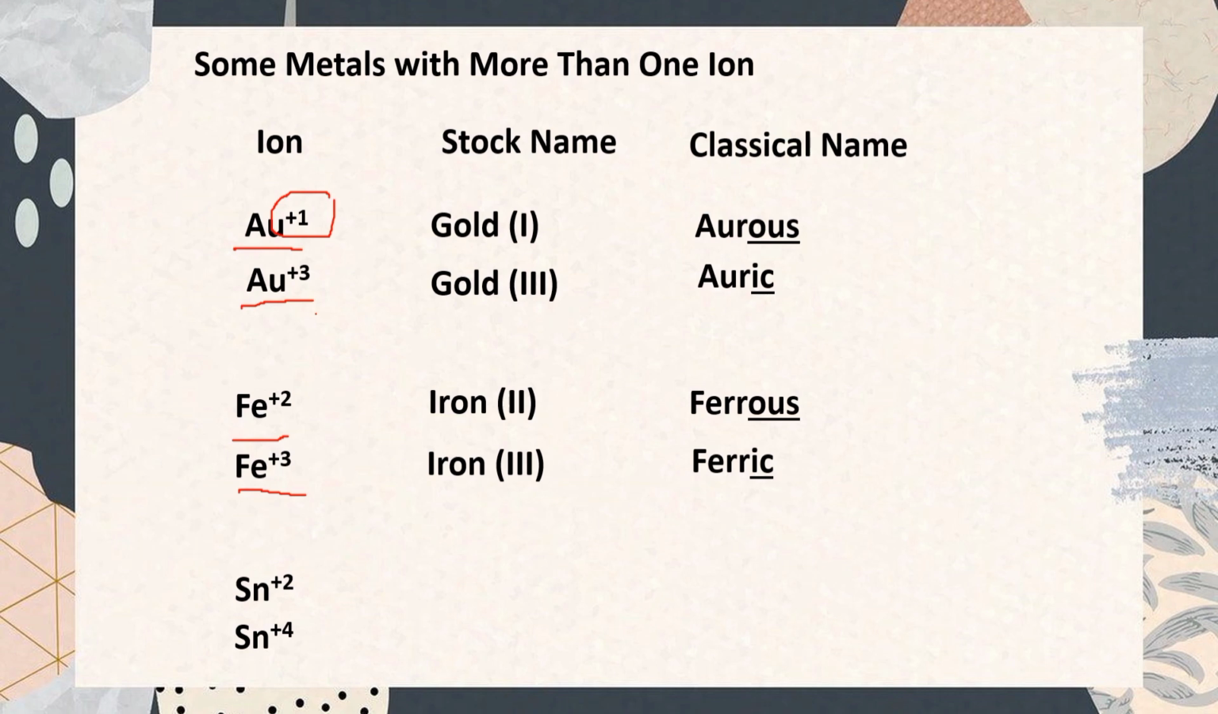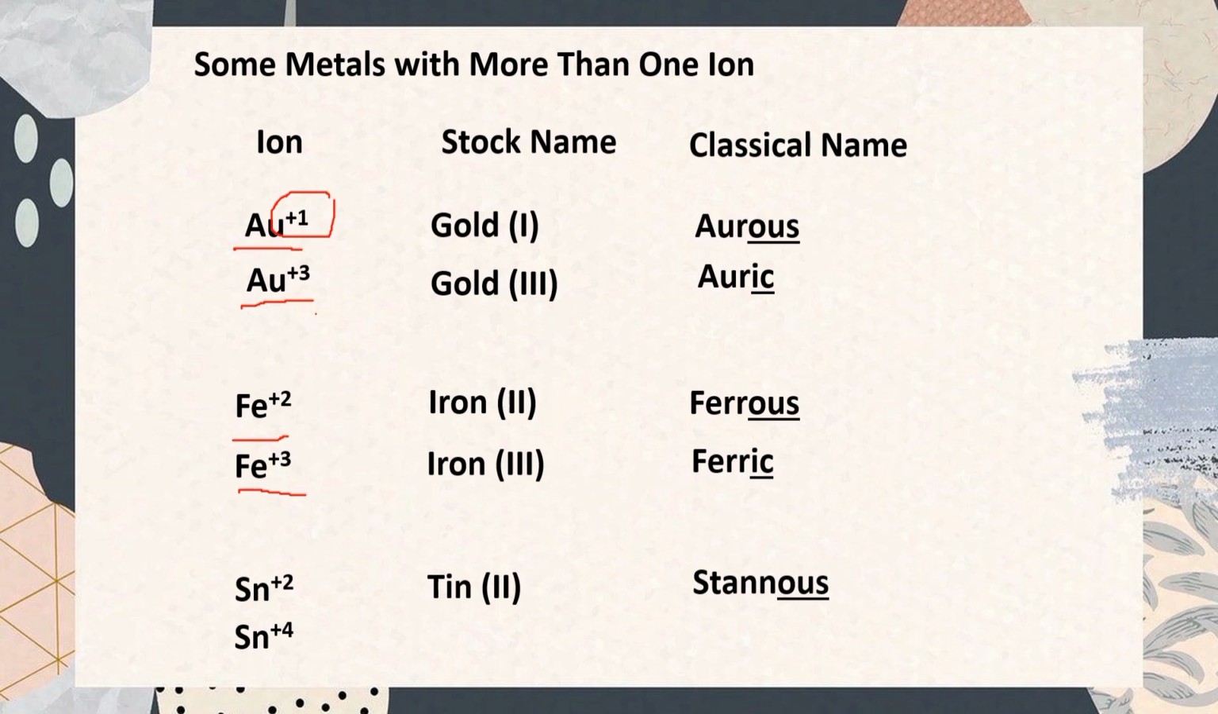We have tin positive 2 and tin positive 4. The stock name of tin positive 2 must be tin 2. And what would be its classical name? Since tin bears the lower charge, we're going to use suffix OUS. But the question is, what is the Latin name of tin? The Latin name of tin is stannum. So therefore, the classical name of tin would be